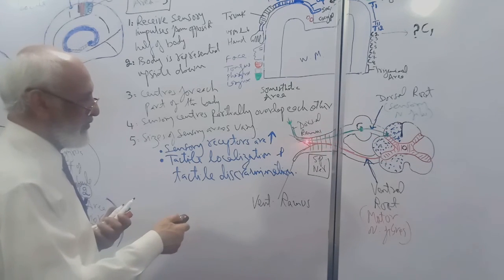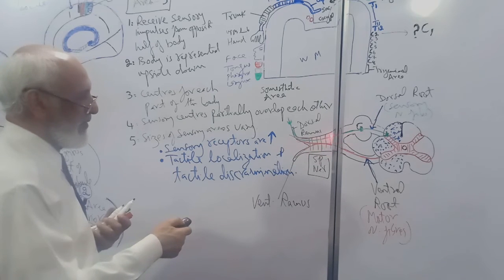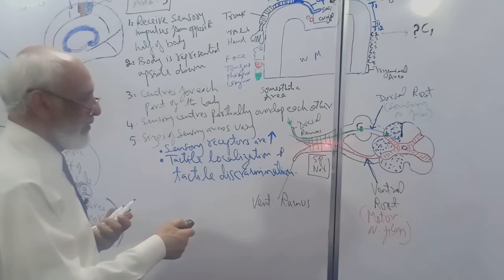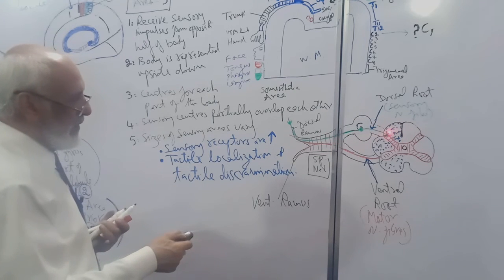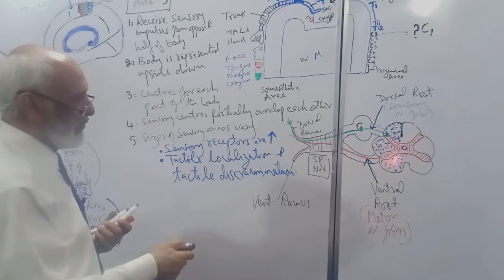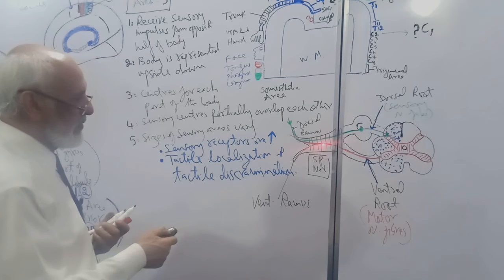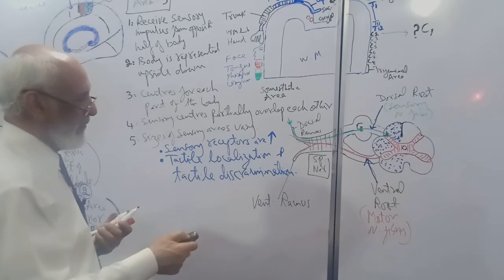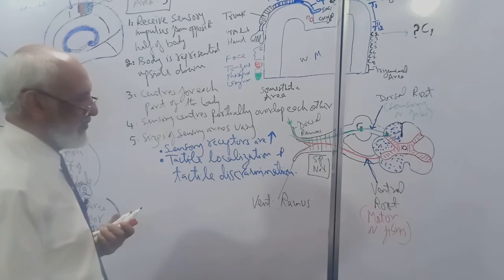And then you can see the spinal nerve, which is a mixture of motor fibers and sensory fibers. So if the spinal nerve is damaged, there is both motor loss and sensory loss. All the spinal nerves are attached to the spinal cord by a ventral root and a dorsal root: cervical, thoracic, lumbar, sacral, coccygeal.